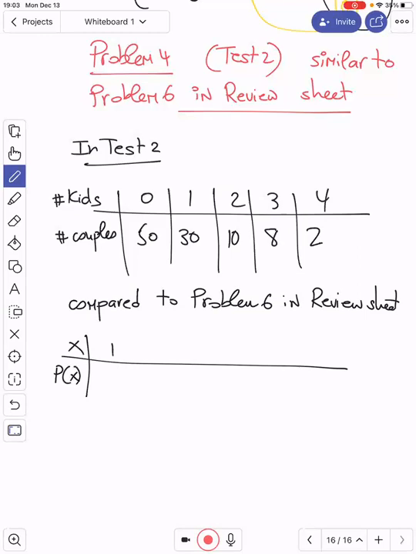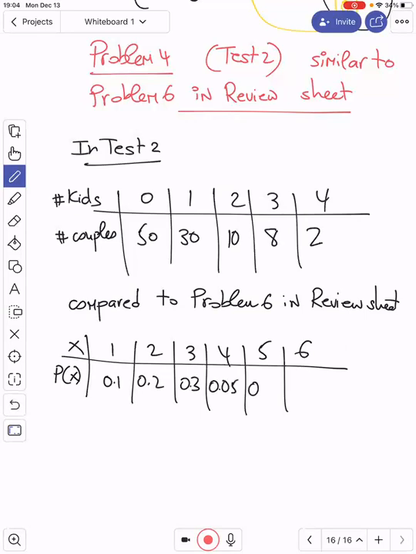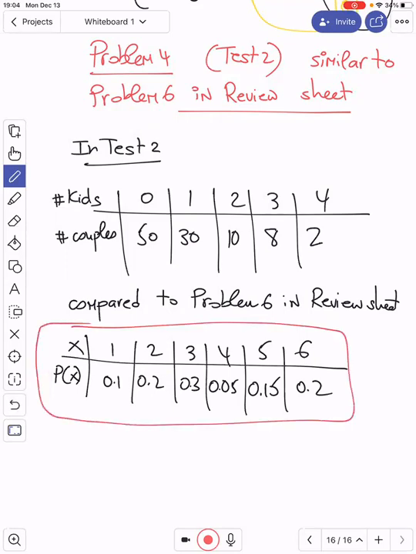So x goes from 1 to 6, I think, and the probabilities are 0, 0.1, 0.2, 0.3, 0.05, 0.15, and 0.2. So the difference between the two tables: the second table is a probability distribution, because